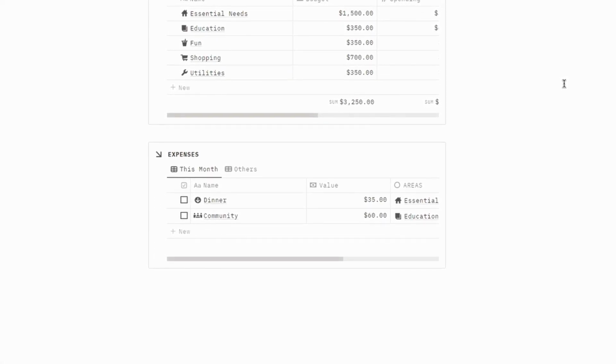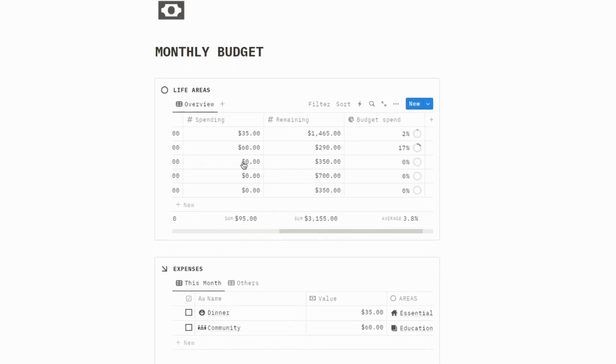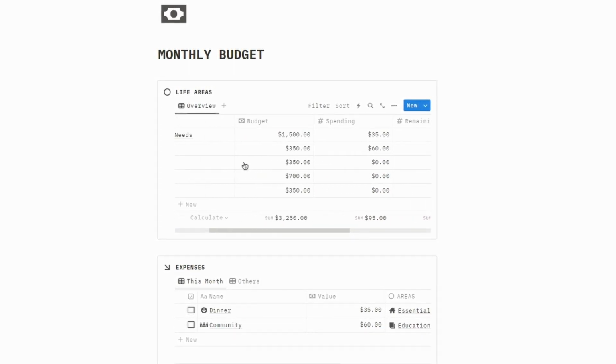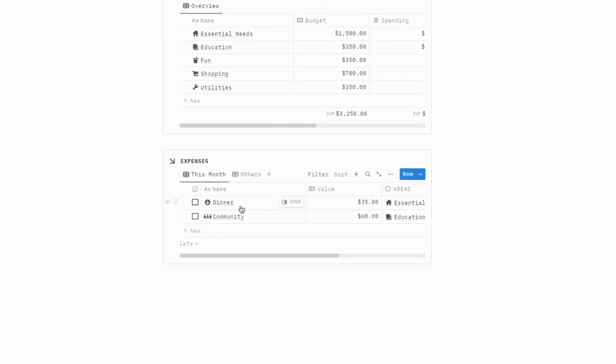Hi all. Today I'll show you how to build a dynamic budget tracker in Notion. With this tracker, you'll set up key areas of your life, assign expenses to each one, and also set up